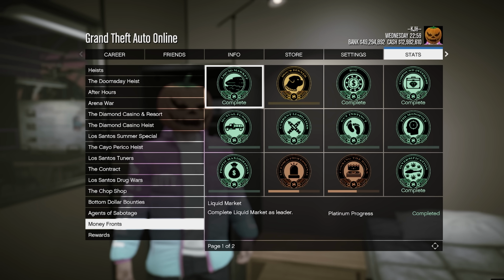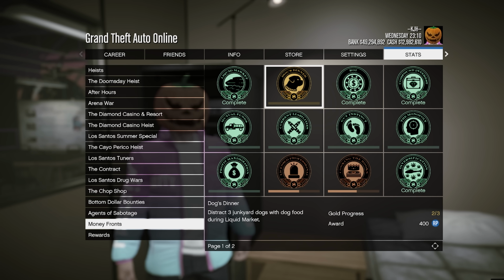All right, so we have the Money Fronts Awards here. So this is going to showcase to us some of the things that are new in-game that you may not have heard about. So when you're doing the Liquid Market mission, so when you're doing the Mr. Faber missions, you know you guys can get bonuses. So as you can see right here, one of the ways to get that is if you